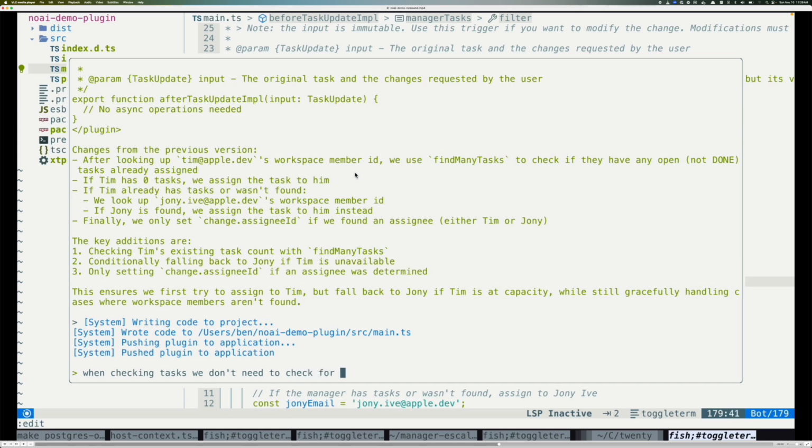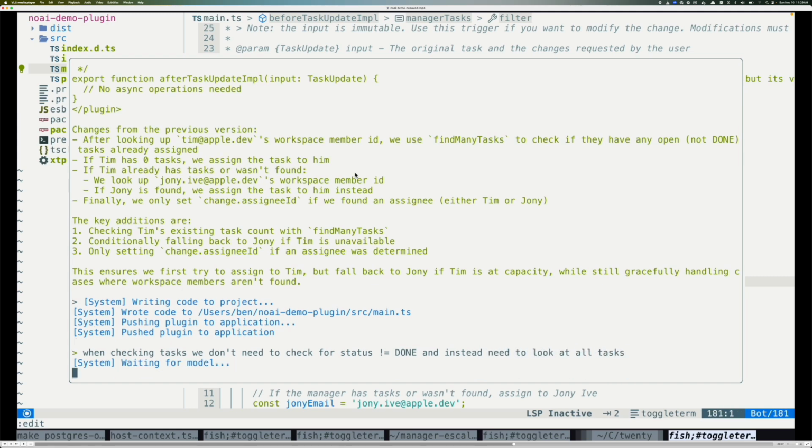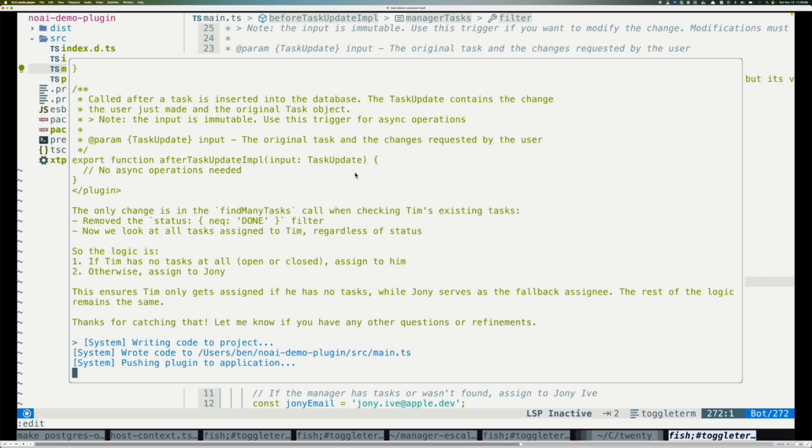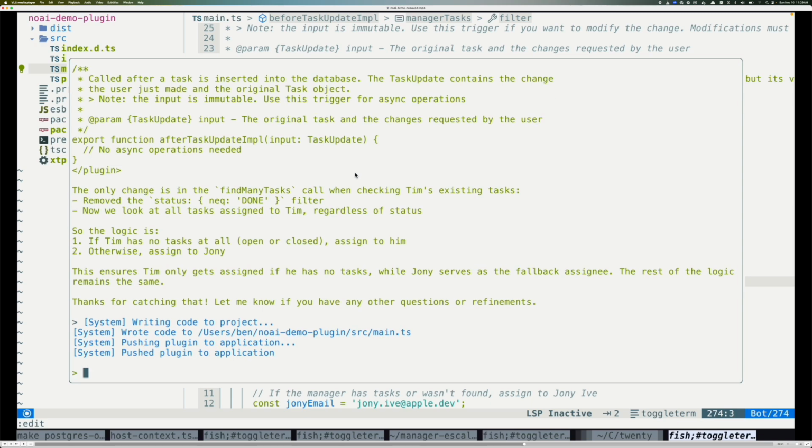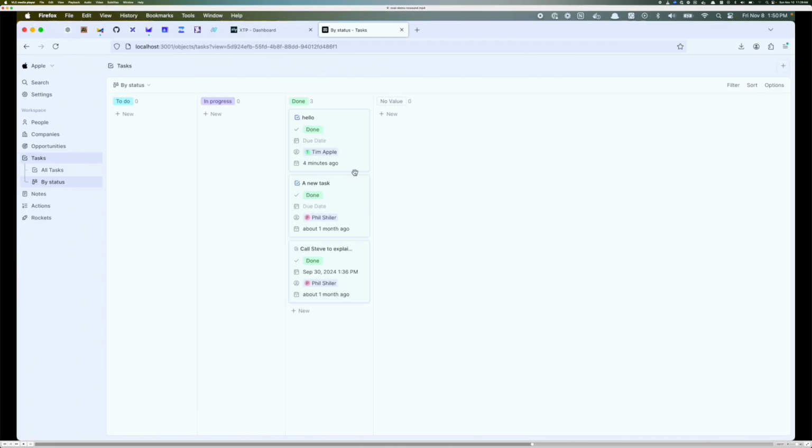So I have another version of this agent where when there are ambiguities, it asks you, hey, what do I do for this? But to make it faster, I just told it, just guess. But the production version will ask you for clarifying questions about edge cases and stuff like that. So fixed that problem, pushed it up.